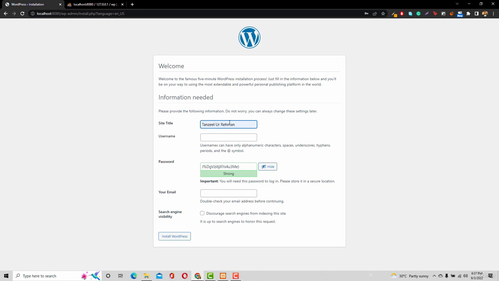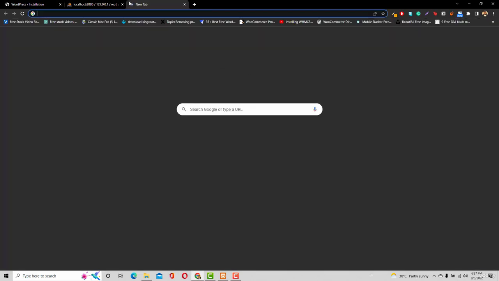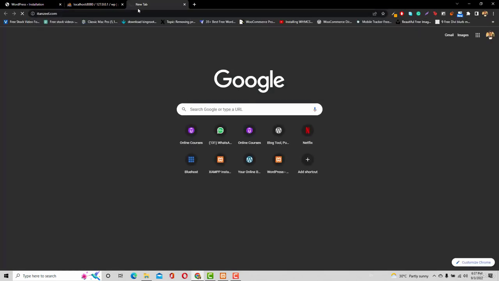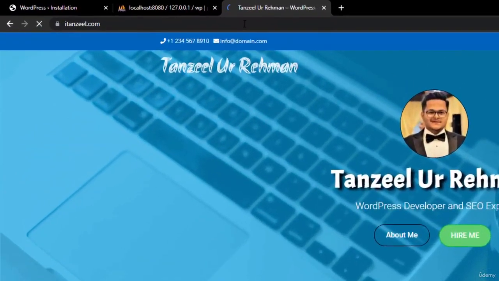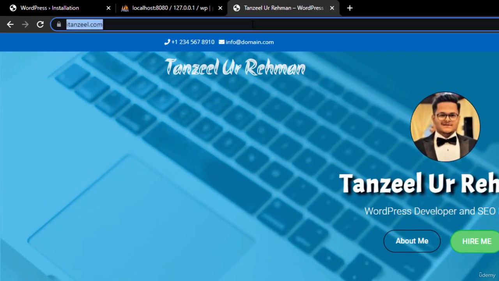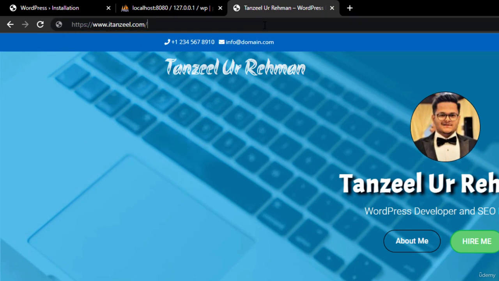Inside the site title, you need to enter your full name. And in the username, you can add anything in here, admin as well. Now remember, this username is going to let you log into your website. So if I open the personal website that I just showed you right now, let's suppose I want to edit this website, then what I need to do is type in here